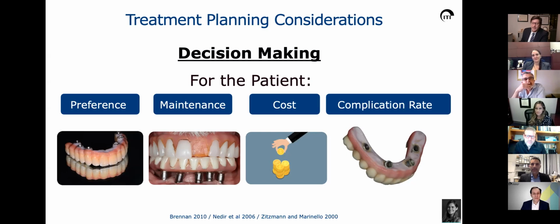You will be really surprised to see that some patients prefer the removable for the simple fact that they can clean it. So I agree with you. Most of the patients will go for a fixed, and I think it's common sense. But there is evidence in the literature that patients with a good overdenture can still achieve a good comfort